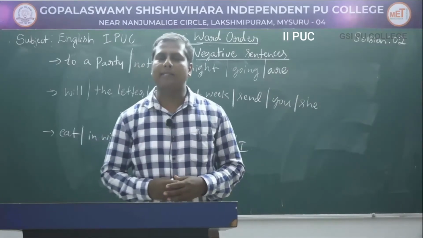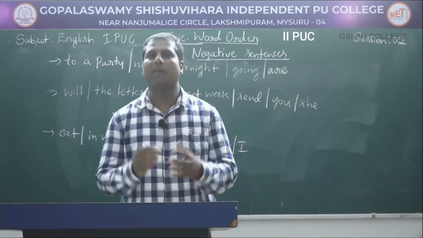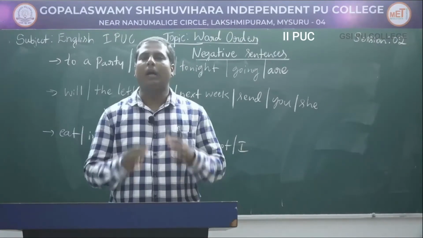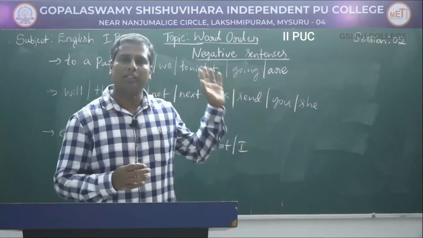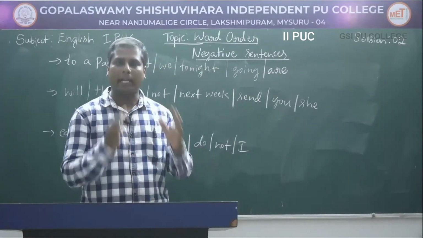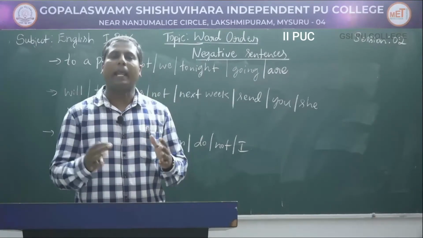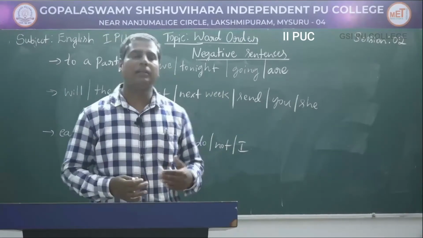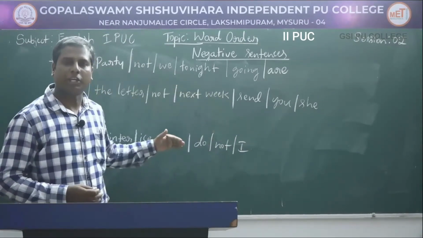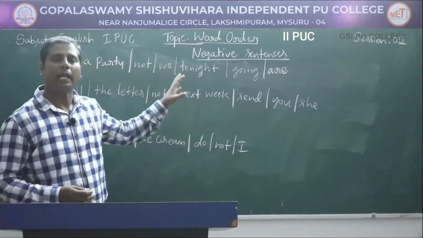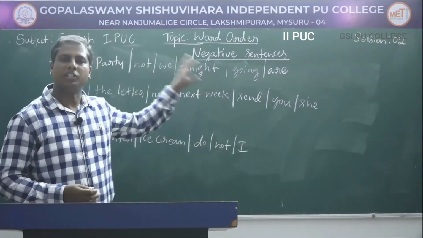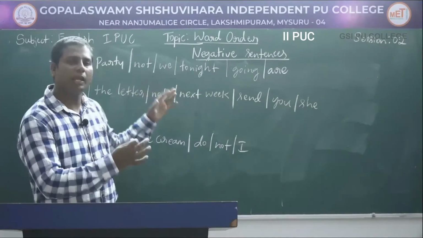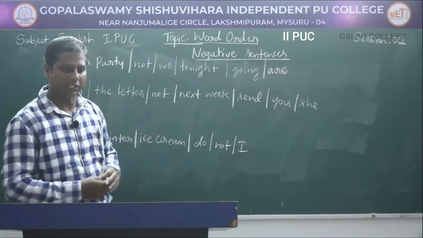Okay, let's do some exercises from the workbook, page number 17, second main. Again, you have 10 questions. So you have to arrange these jumbled words or phrases to make negative sentences, and you have to place the time expression at the end of each sentence. Now I have taken 3 questions here, and you can see the words in each sentence are jumbled or mixed up. So what we have to do is arrange these jumbled words to make negative sentences.